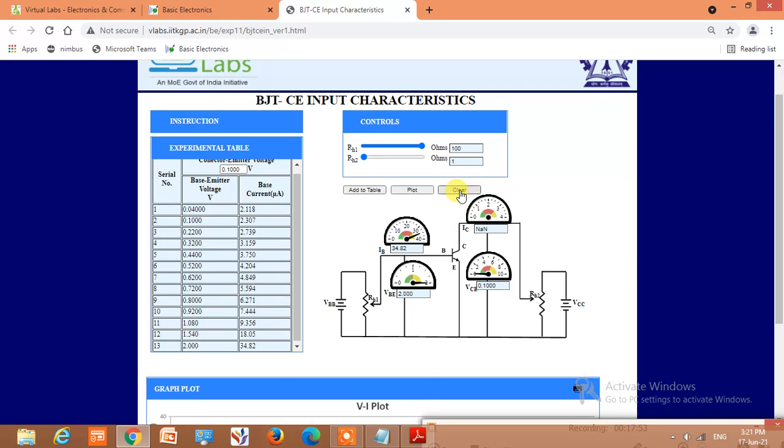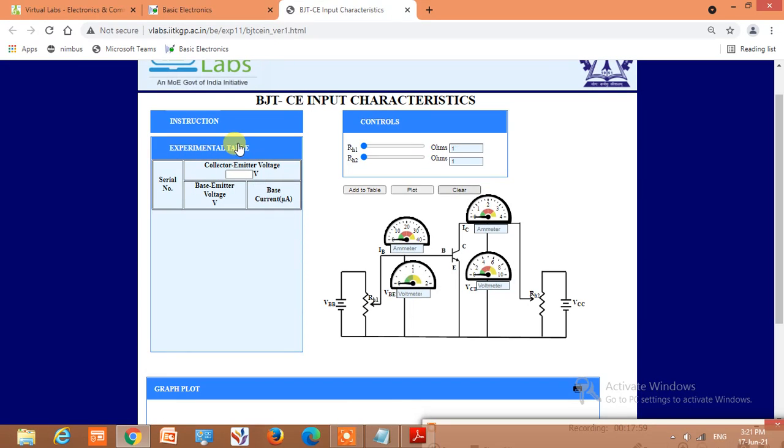Click on the clear button. All the values get cleared. Increase the value of RH2 and increase the value up to 100 ohms. So the value of VCE is now 10 volts.